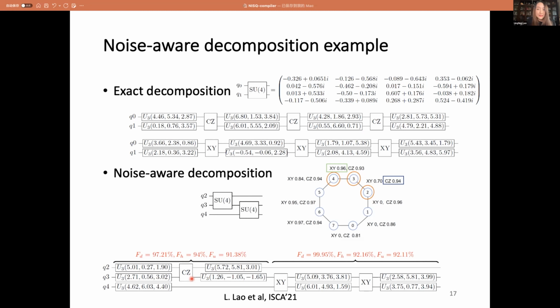That is, it leverages the hardware error rate against the decomposition fidelity, and therefore the overall implementation fidelity of the first unitary is increased. And similarly, for the second unitary on qubits 3 and 4, it also chooses the XY gate as its native 2-qubit gate, and also performs an approximate decomposition.